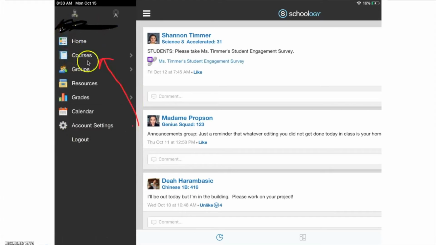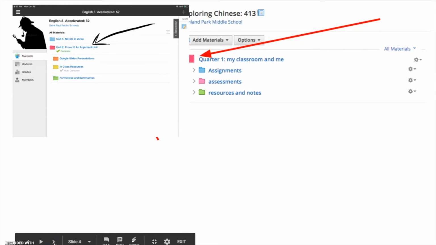We're going to take a look at the courses first. So the 2 things parents are most concerned about are probably courses and grades. So first we're going to look at the courses and then we'll take a look at the grades. I tapped on the courses and all of the courses will come up as an option. I want to point out that teachers organize their materials. That's the assignments, the assessments, the notes, any extra stuff will all be under materials, but teachers organize their Schoology